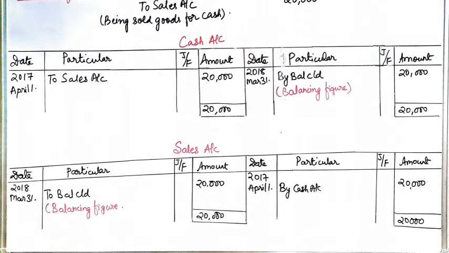Similarly, when we start with the sales account, we will not enter the name of sales. We will record the remaining one, that is cash account. Cash is debit, and generally debit is recorded on the by side. So, by cash account, the same 20,000. The to side is vacant, so we need to balance it up by the medium of balance c/d. That is, c/d means carried down. So, to balance c/d, balancing figure 20,000.